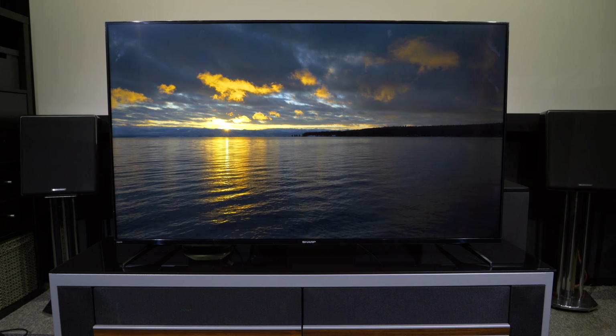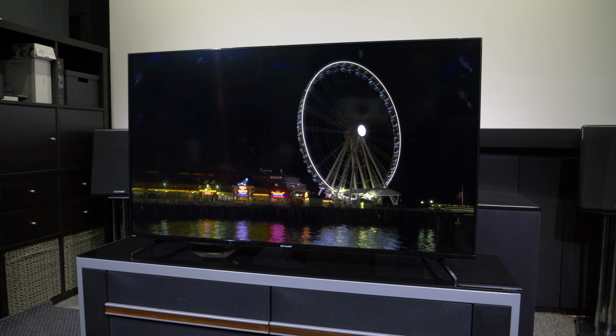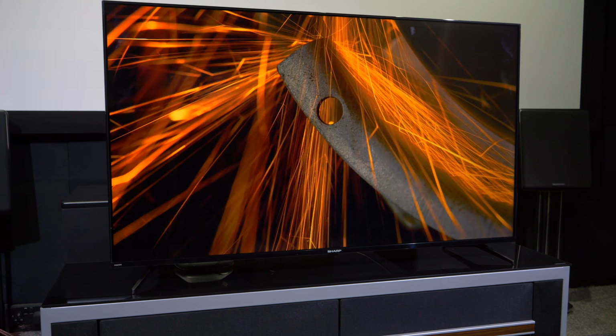The Sharp 55FN2KA is an entry-level LED LCD Android TV aimed at the mass market segment, and it features a VA panel. The sound is by Harman Kardon, which supports DTS:X audio codec, and there's high dynamic range support for HDR10, HLG and Dolby Vision. As you would expect at this price point, the build quality and materials used are plastic but